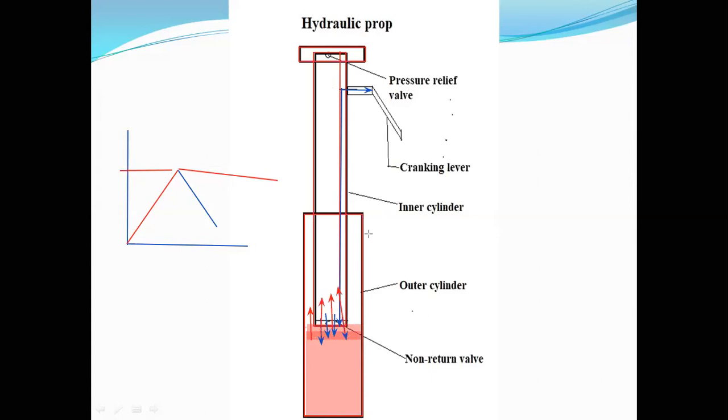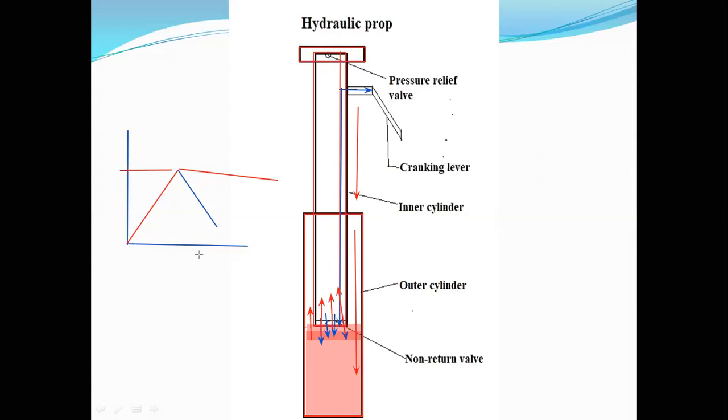So as a result, what happens when fluid goes like this? This will come down. So the entire setup will come down. This is how it operates. Whenever the load acting on it exceeds its maximum capacity, it operates. As a result, this pressure relief valve will be operated, and with this, it will open the non-return valve present here, and the hydraulic fluid which is at great pressure will enter into the lower chamber, the inner chamber. As a result, it will slide down.